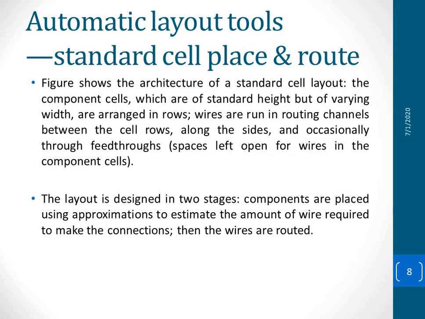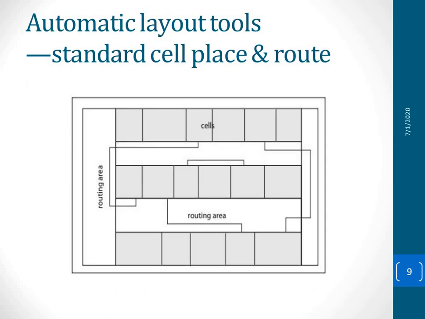So these are arranged in rows. Wires are run in routing channels between the cell rows, along the sides, and occasionally through feed throughs. So you can see here the wiring, the connections: this cell to this cell, this cell to the other cell, this cell to the other cell. This is the routing area, this is also routing area, this is also routing area where cell to cell connection